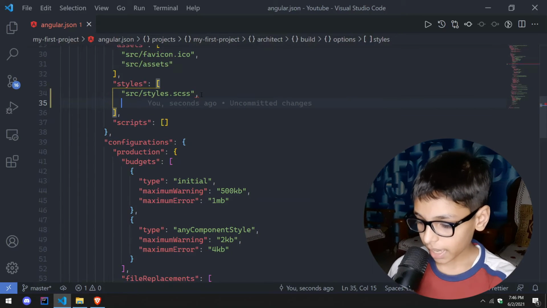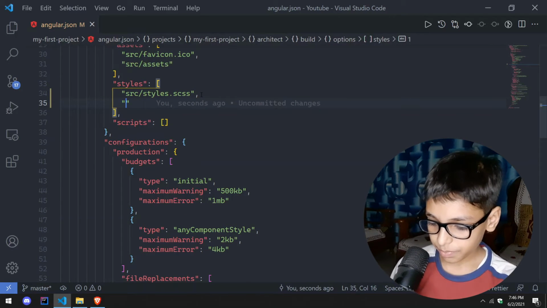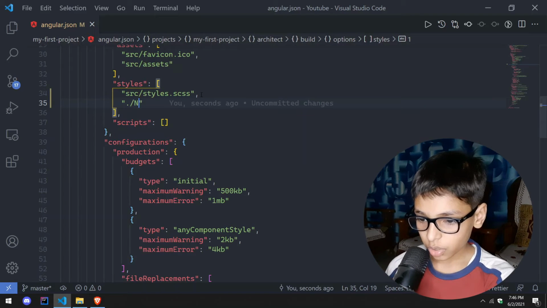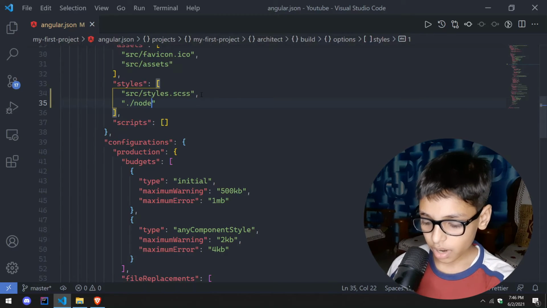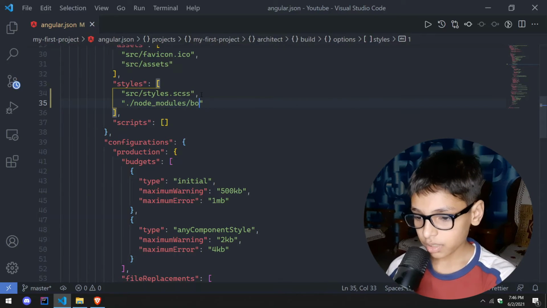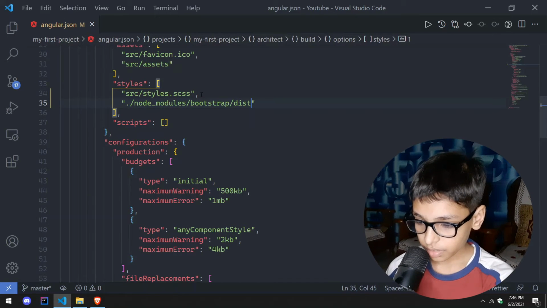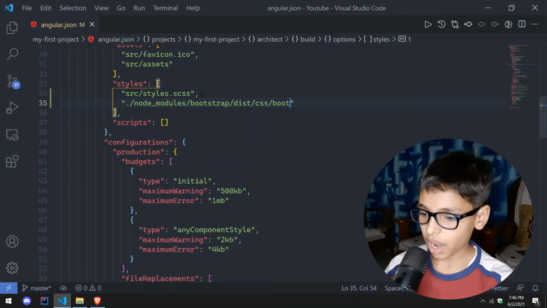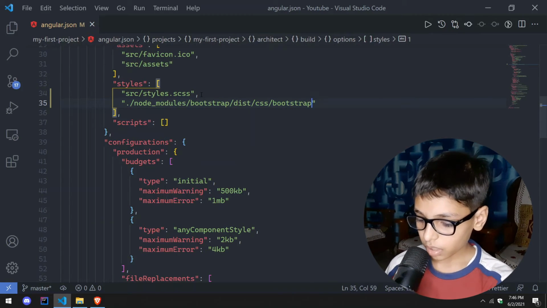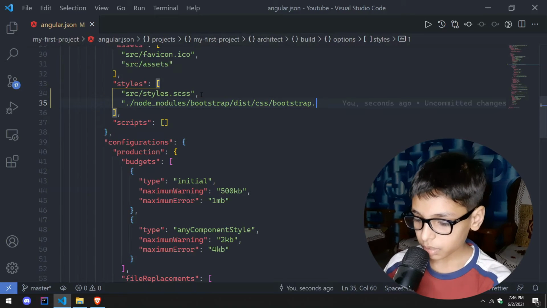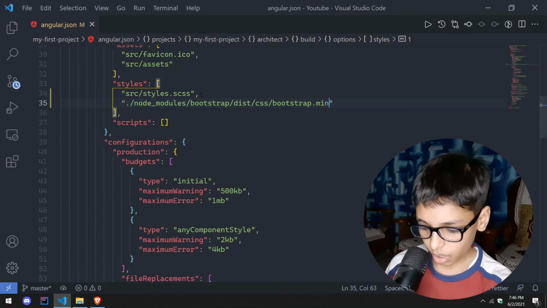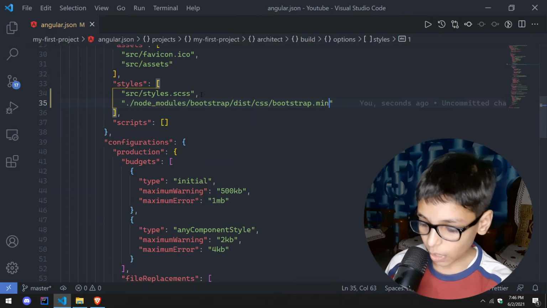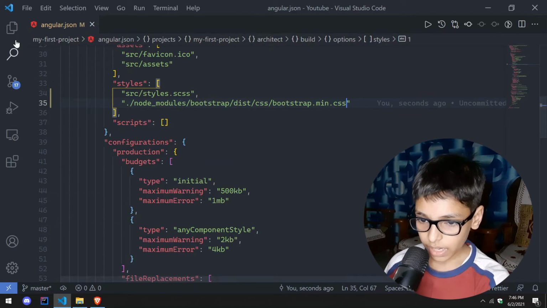So let me type dot slash node underscore modules slash bootstrap slash dist slash css slash bootstrap.min.css. And if we look at the file explorer,